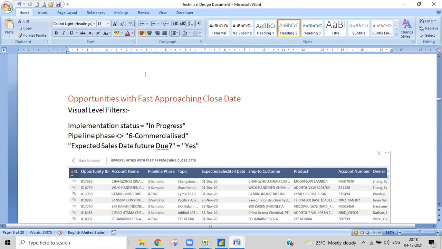Okay, so it will be a little bit like this. These terms, like in progress and commercialized, we are not bothered about in the tables. The only thing is, if they give the logic, we'll implement that logic. We don't need to discuss what is in progress or what is commercialized. If you want to understand what commercialized is, then we need to talk to the client directly. That's not our part.